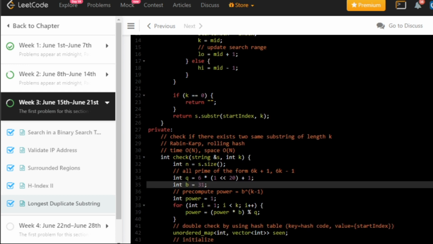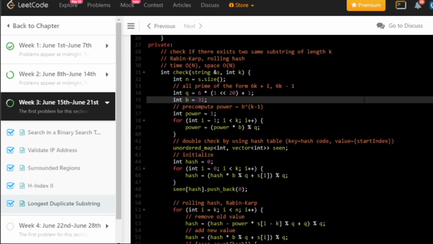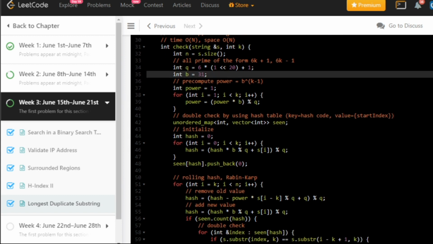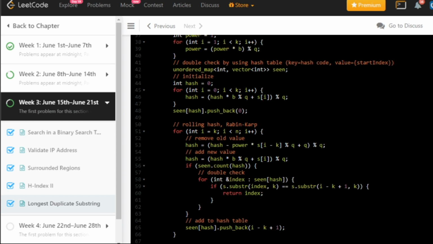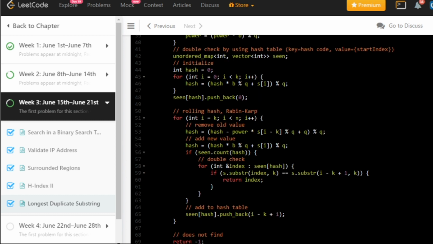And where does our substring come from? It comes from the algorithm part, which is here. Here, firstly we are taking a random base and a random odd integer b. Then we are taking a map by the name of seen, in which we take the hash code as key and the starting index as value. This will be helpful, because if we get two same hash codes, we will get the same key, so we can directly give its index with the help of the values.